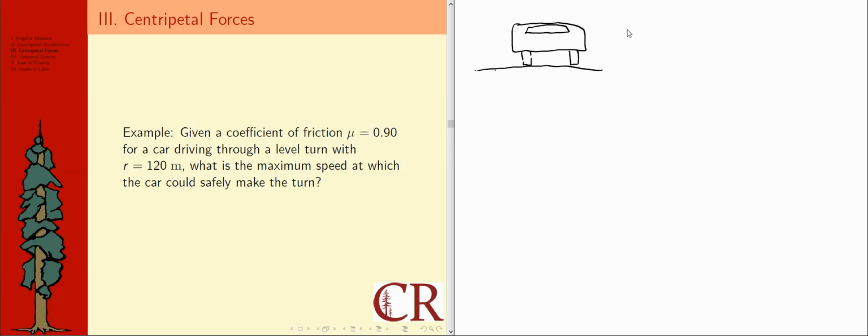If we're looking at it from behind, as we did before, and it's turning, it doesn't really say which way, so I'm just going to assume a direction and say that's the acceleration. I'll put a sub c equals v squared over r there. And the free body diagram we had basically had